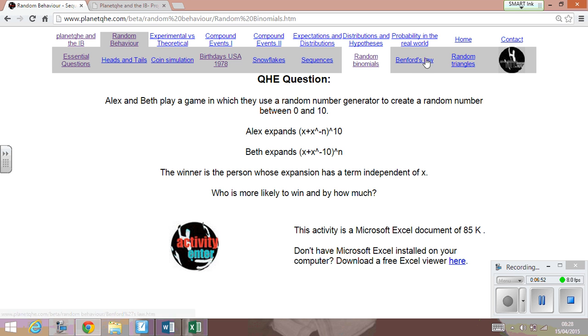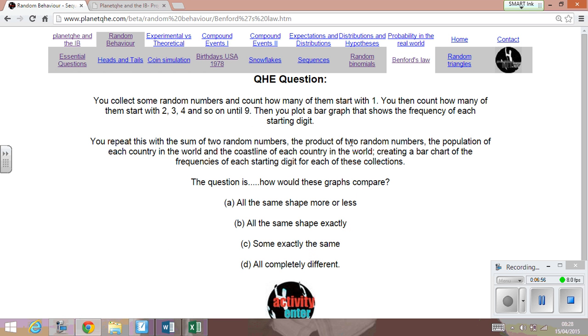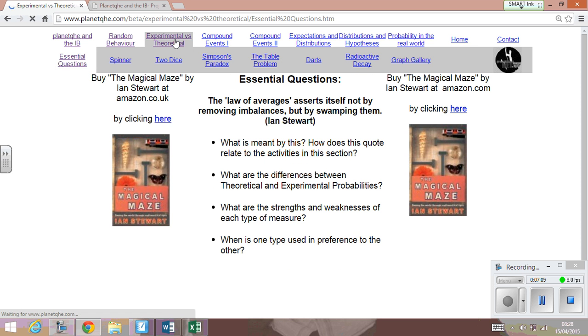Benford's law is quite a recent discovery in maths. It's used for detecting fraud in financing and accountancy. If I go here,